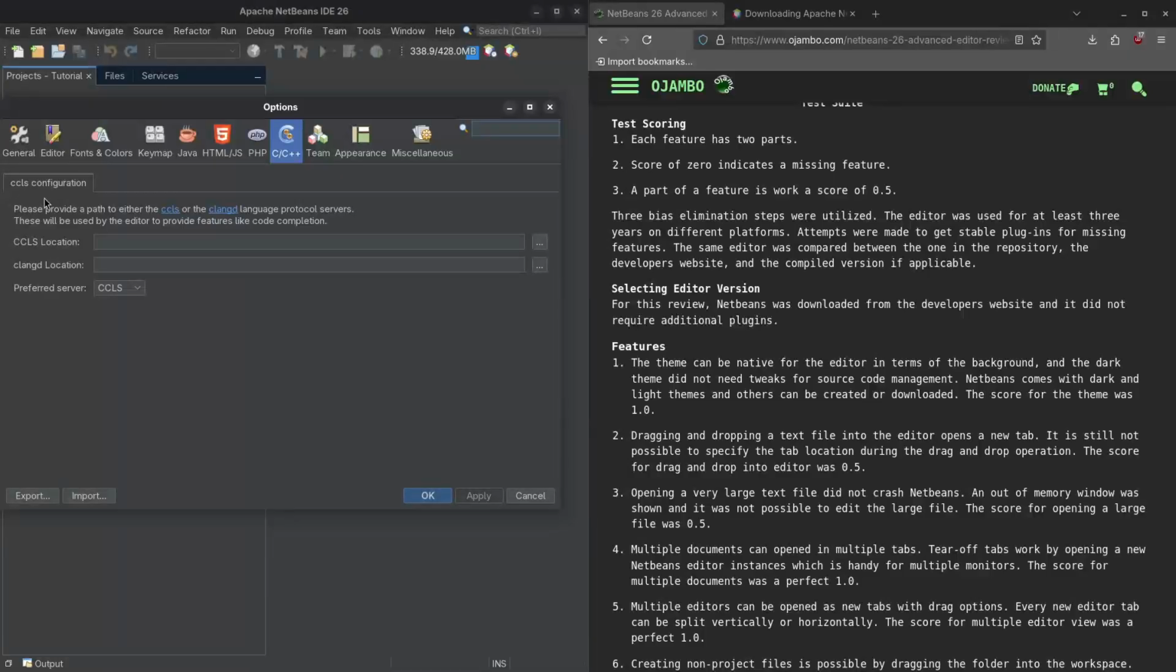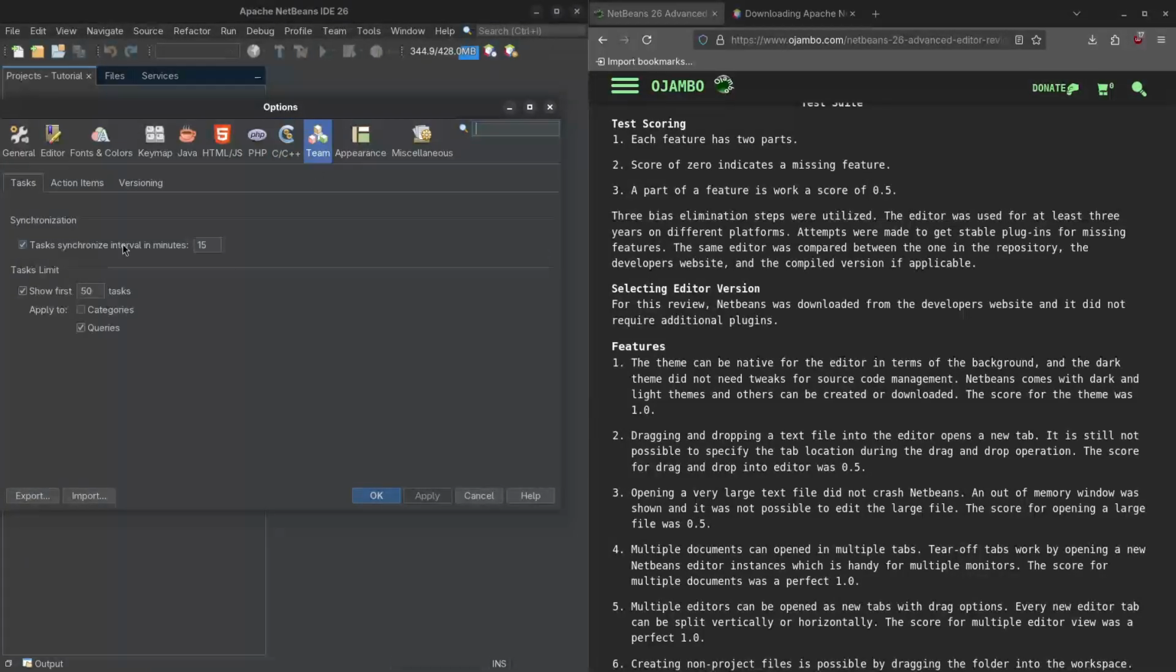So C++, there's the CCLS configuration. I don't think I have Clang installed, so if you did, it will pick it up automatically, and you see you can also pick the preferred server. I don't have these developer tools installed yet. And then for the team,